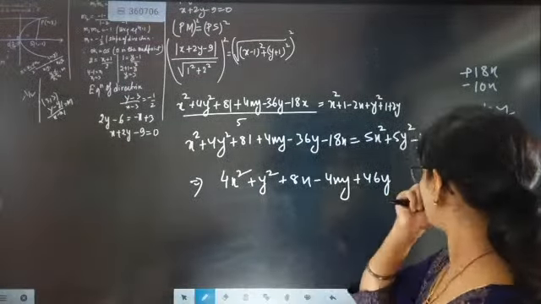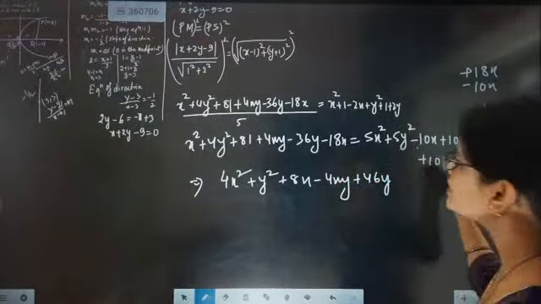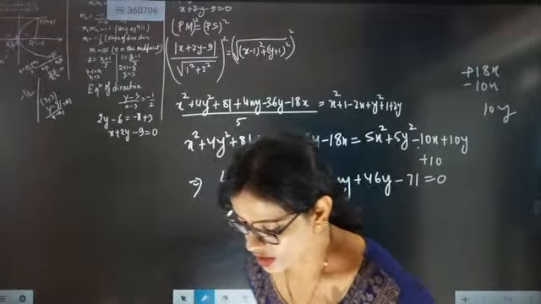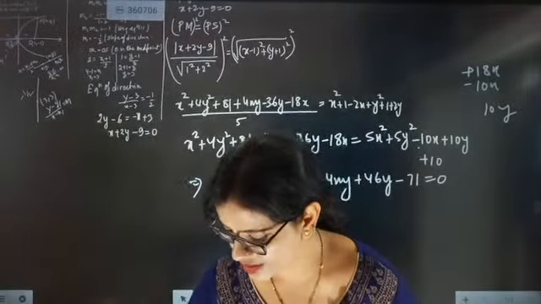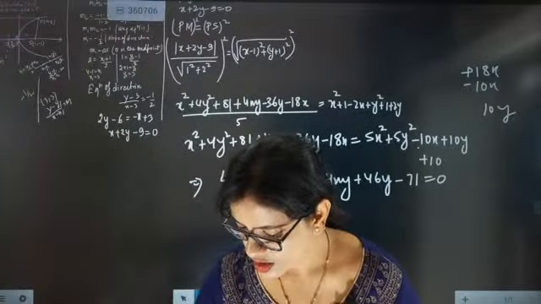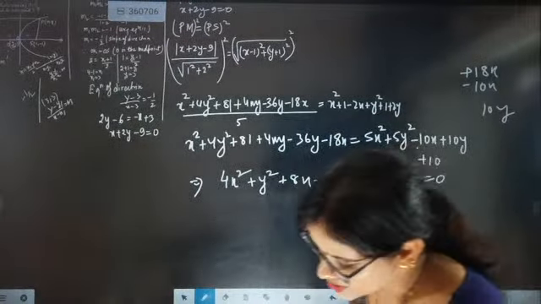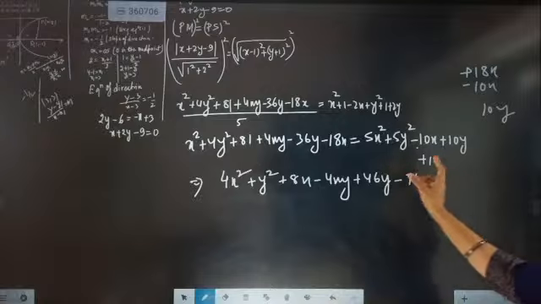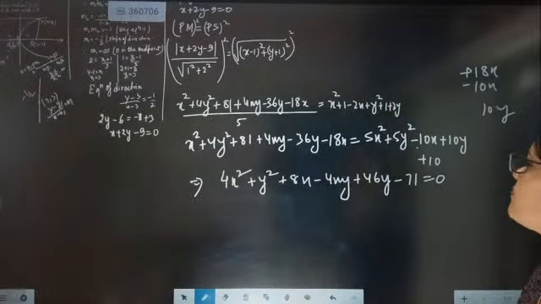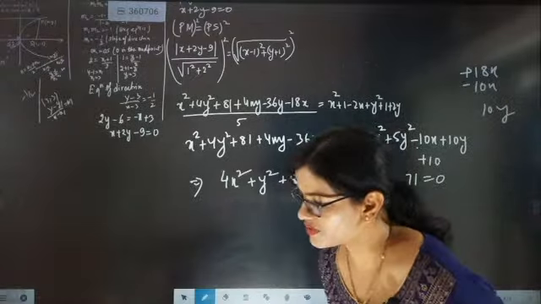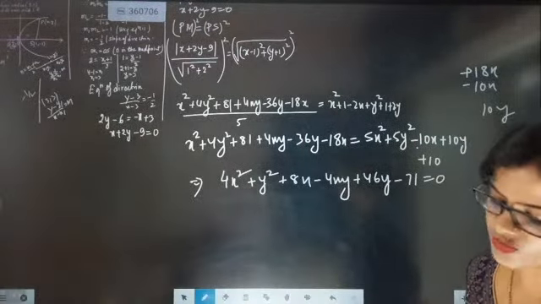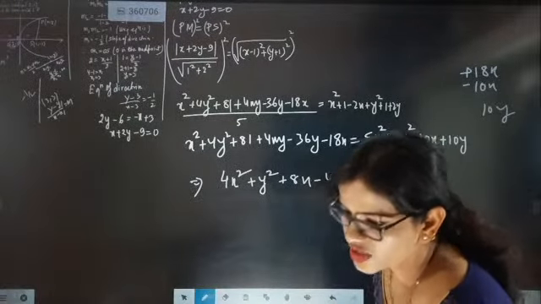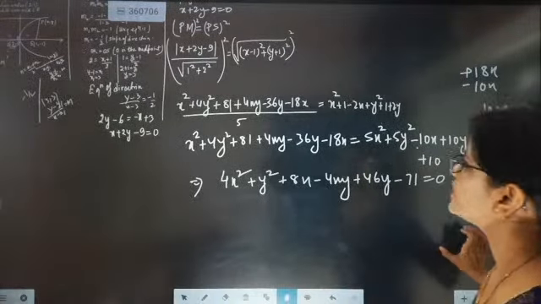Hi Michael. I didn't get time, beta. 10 minus 81, so minus 71 equal to 0. This is going to be the equation of the parabola. So now we got the equation of the parabola. Michael, tell me, beta, anything? Plus 10, check one time, Gautam. 10 is there and then minus 81 will be shifting that side, so it is going to be minus 71. Check: 4x square plus y square minus 4xy plus 8x plus 46y minus 71 equal to 0. Check, Gautam, one time. Now this is the equation of the parabola.